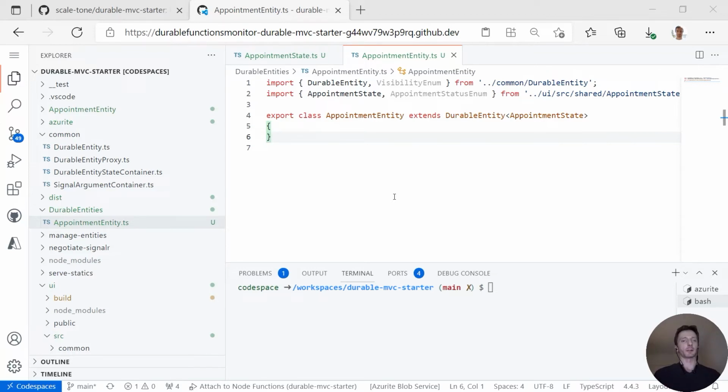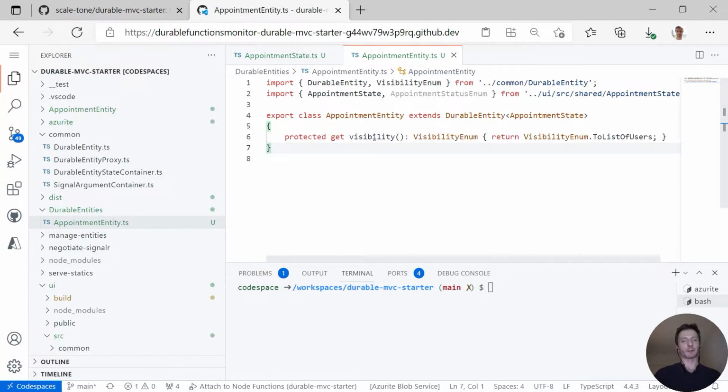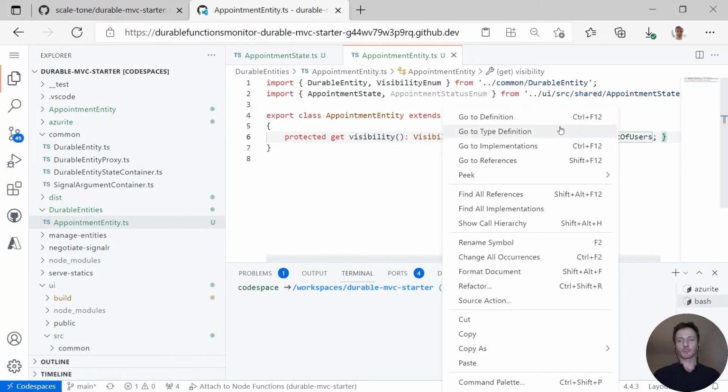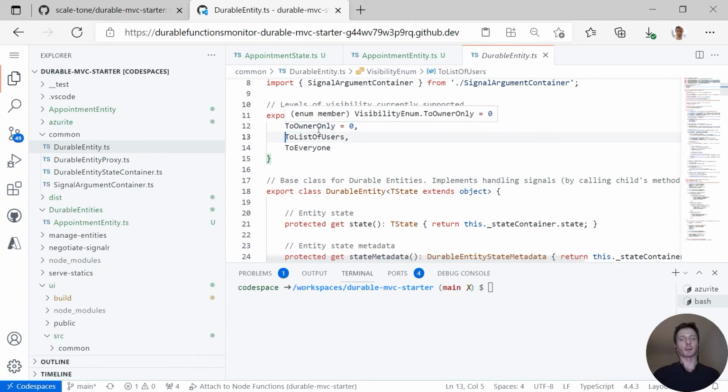Now, instances of this appointment entity that we have defined here are going to be exposed to the clients, but most likely we wouldn't want them to be visible and accessible by everyone. So the very first important thing for us to define here is this visibility setting. And the most obvious option for us would be to set it to the list of users, which basically means the list of appointment participants. If you're curious to see what other options are currently supported, then these are these ones. It could be either accessible by the owner only or by the list of users,